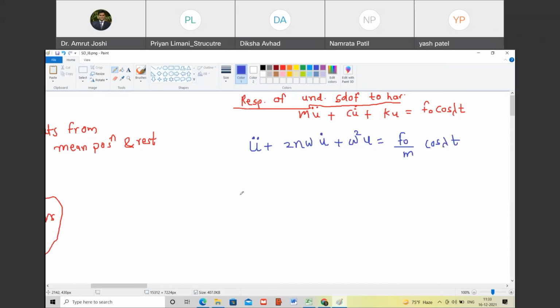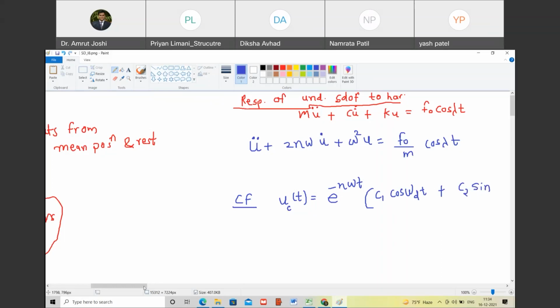Now, what is the CF for this equation? So we already know the CF, complementary function. So I will write that as Uc of t. What is Uc of t? It is the complementary function. When I equate the left hand side to 0, I get the complementary function. Do we have the complementary function or solution for that equation? When I equate the left hand side to 0, yes. What is that solution? e raised to minus eta omega t into bracket C1 cos omega_d t plus C2 sin omega_d t.